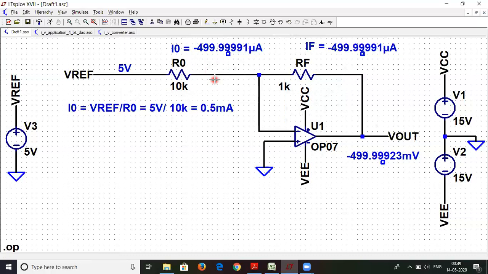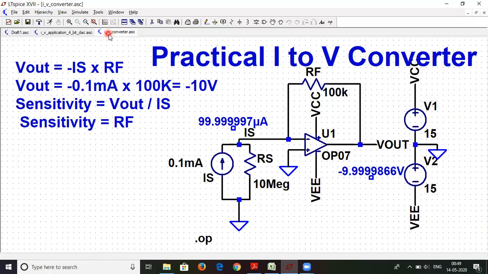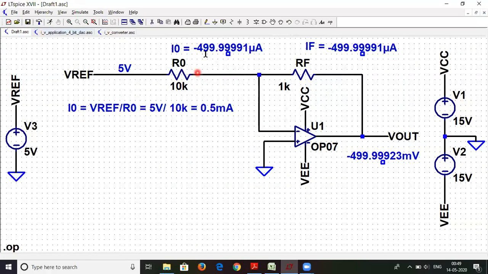Now, as we know from the simple I to V converter, whatever is the input current over here, it's getting multiplied by this RF resistor. So in this case also, our input current is around 0.5 milliampere. In fact, it is minus 0.5 milliampere. Now, if this is multiplied with 1K, V out will be RF times I0.